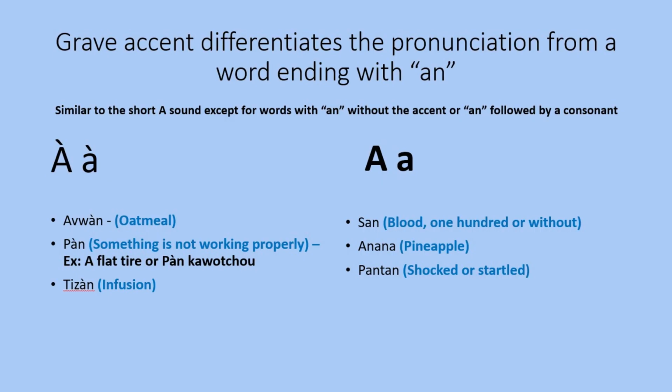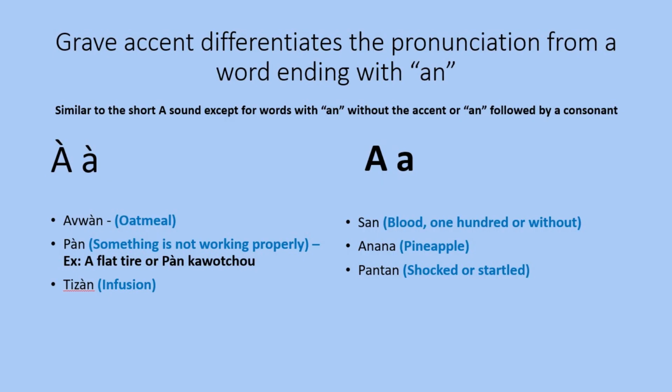So avoine. So without the accent, you would read this differently, right? But because the word is pronounced avoine, which is really taken from French, you have to add the accent so the "n" remains. And then we have pan. There is an accent on the a, right? So instead of it being "pa," it becomes pan,